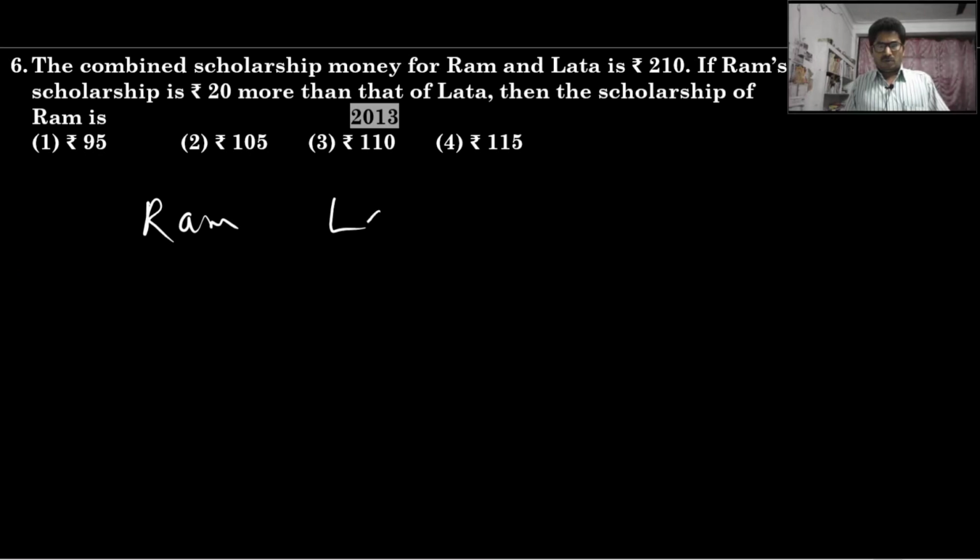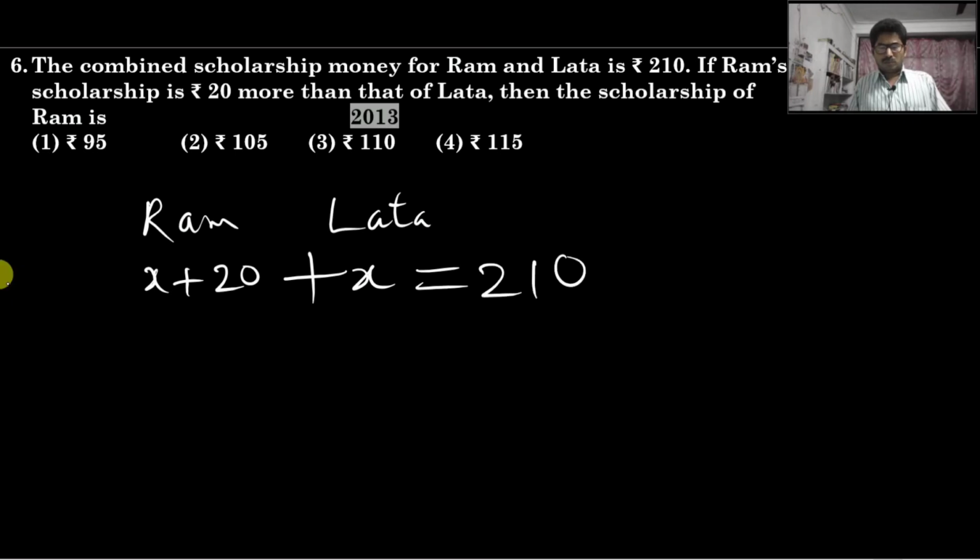If we know Lata's scholarship, we can find Ram's scholarship. Let Lata be X. So Ram's scholarship is more than that of Lata, so X plus 20. The sum of these two students' scholarships is 210. So the sum, X plus X plus 20, is equal to 210. So 1x, 2x